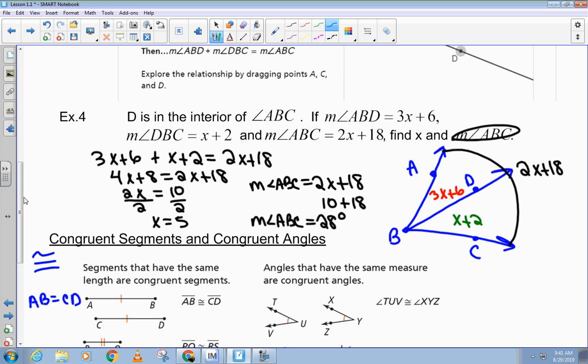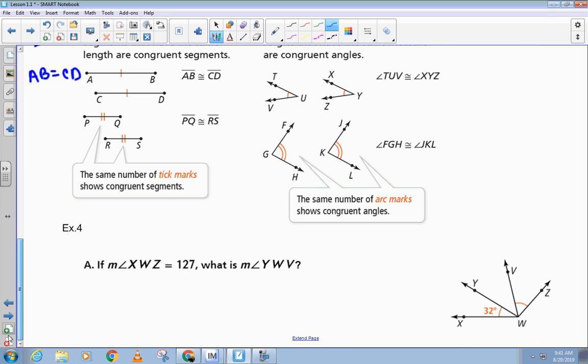Something to mention is that when they're using the little m in front, that's talking about the measure of it. When there's not an m in front, they're identifying the angle. So the m represents the measure, and without the m, it represents just the angle itself. So let's look at this example, last one. It says, if XWZ, this whole angle, is 127, what is the measure of